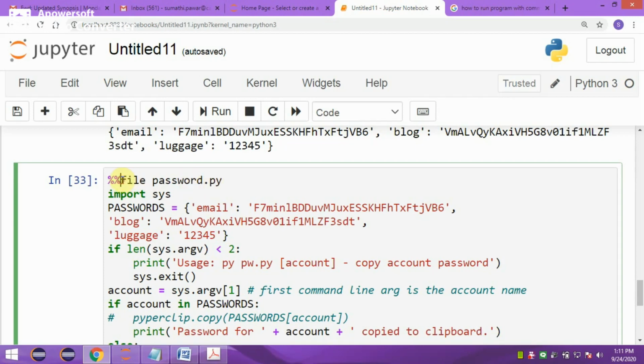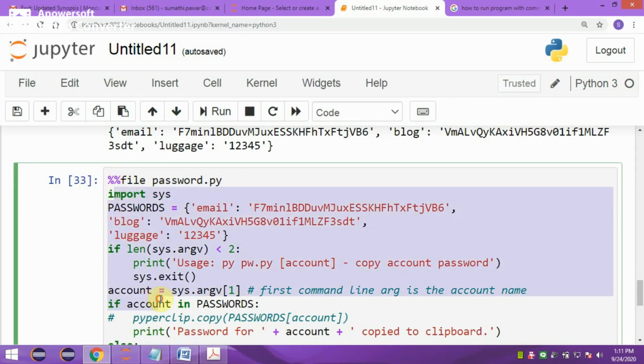Password.py is the file name. %%file is the way to save the Python code, this following code, in the file password.py. Once you give this statement, whatever code you typed will be saved in password.py.